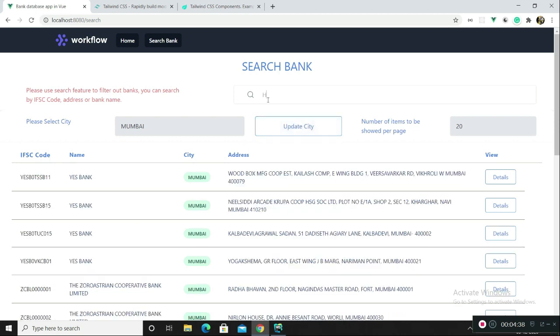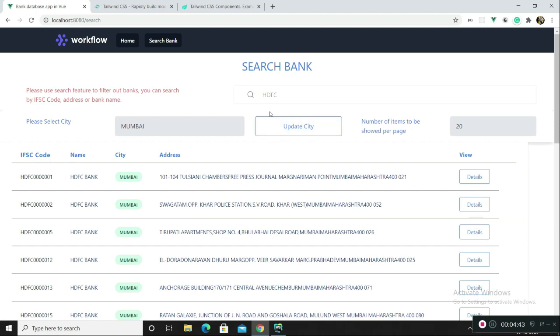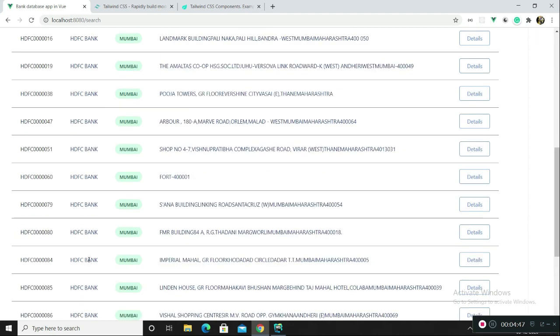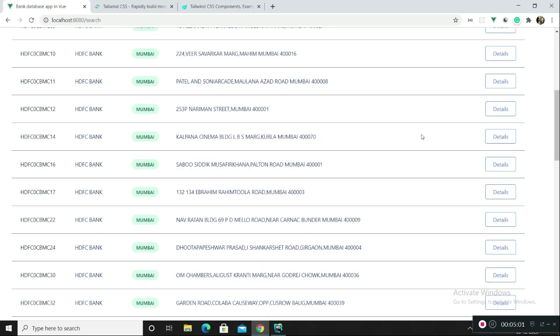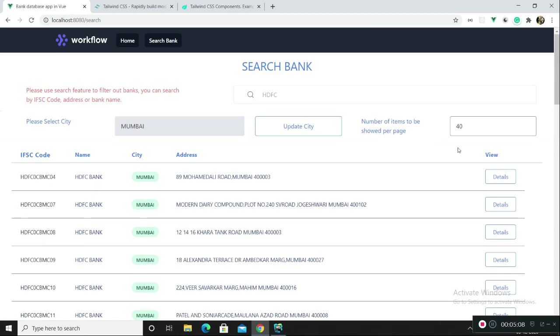If I want to search for all the banks named HDFC, you have like 195 results here, and currently 20 items per page are getting displayed. I can change it. I can choose to display 40 items per page, and then the number of pages would be reduced based on how many items we are going to show on each page.